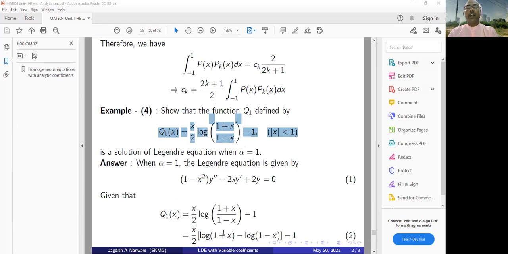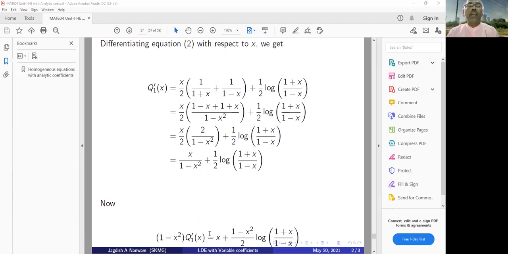We have to find the derivative of this, and to find the derivative of a product of two functions, you can use the product rule. The second term will be minus x into log of 1 minus x, and the derivative of the constant minus 1 will vanish. So let us work out this derivative, and that derivative is this one. q1 dash at x is x by 2, here 1 by 1 plus x plus 1 by 1 minus x. Here the product rule is used. You can go into the details of the calculation and check this derivative. Now simplify this bracket, just take the addition. The LCM is 1 minus x square.